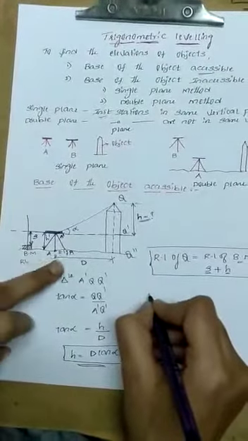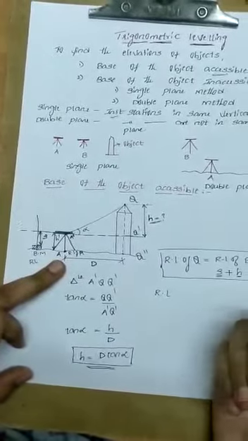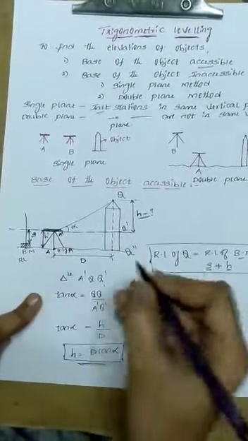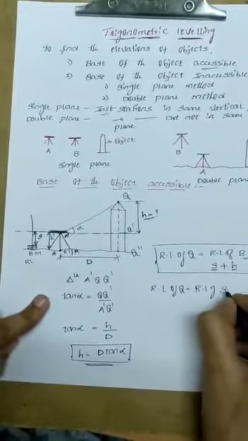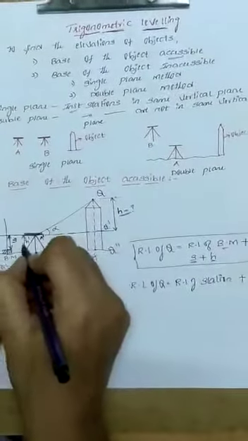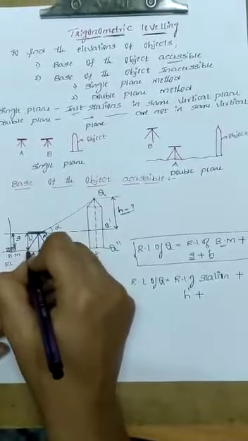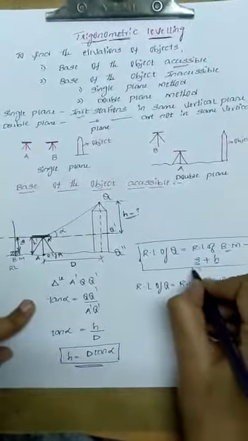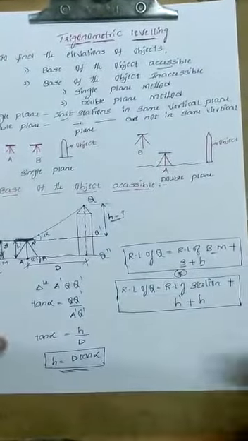You will be knowing the RL of A. Depending upon the data, you need to apply the formula to calculate the RL of an elevated object. If they have given the RL of this station point A, then the RL of Q is given by RL of station plus height of instrument h dash, plus this h value. This is the other formula to calculate the RL of an elevated object. Depending upon the given data, you calculate the RL of Q.